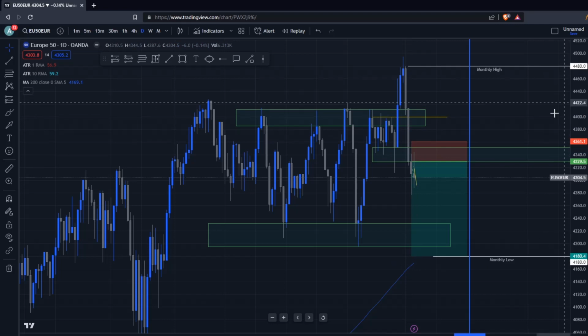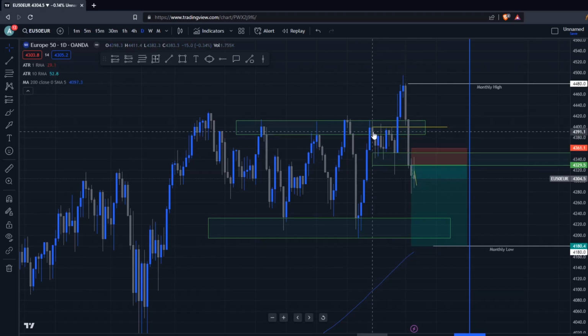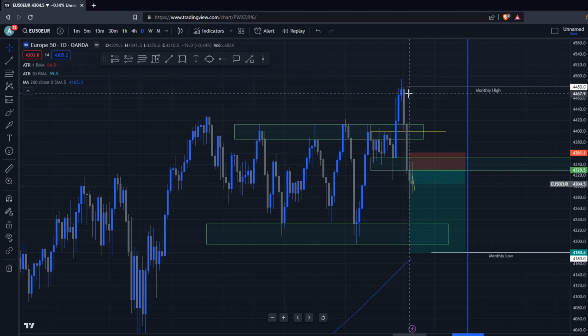You would still be counter trend trading because price is above this moving average, but I do see it coming down. And this line I drew up here, it's right at 4,400, and we know that price loves whole numbers. So, you can see these wicks go through this line multiple times, finally broke, and now broke below. So that's huge. So this is our high for the month, 4480 kind of area, and then